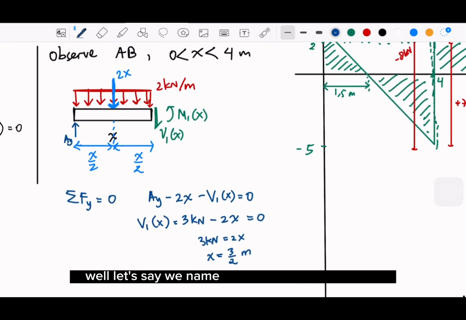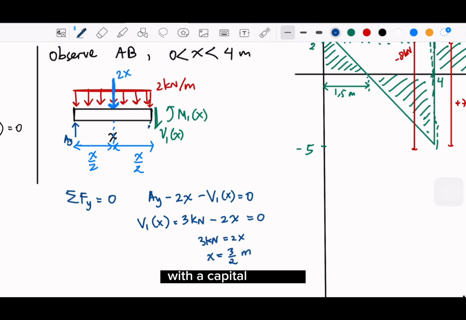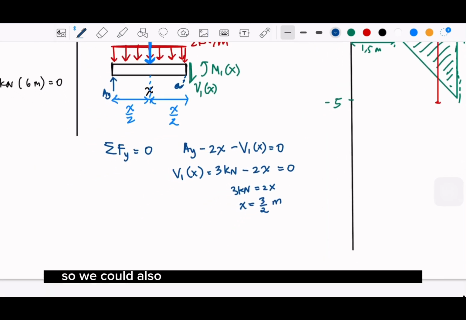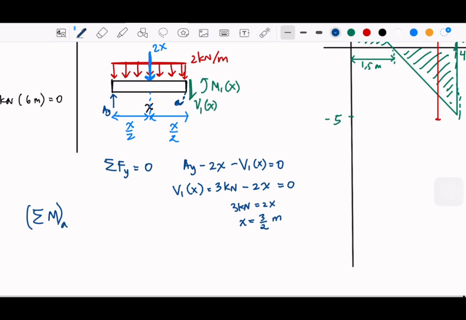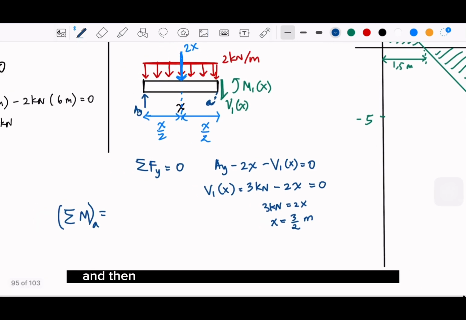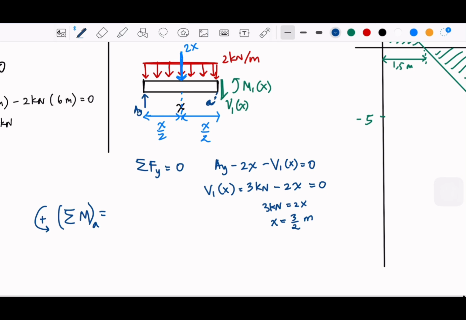Let's say we name the point on the right here with a capital A, just to name it with some random name. So we could also take the sigma moment at that point A, and imagine that if we spin counterclockwise as positive,